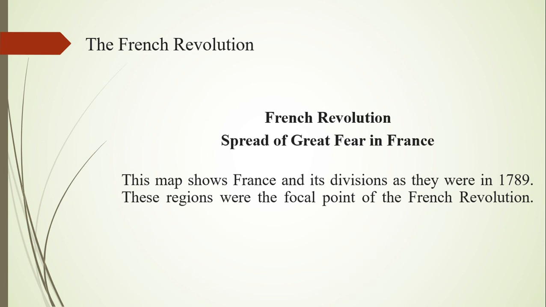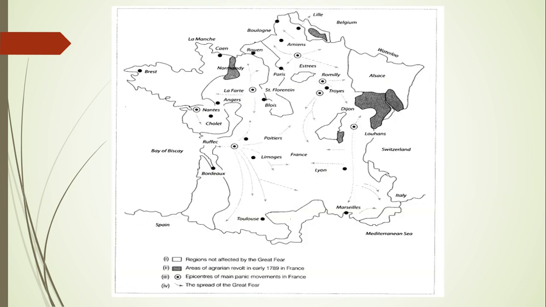The first topic is in the history, the French Revolution. The French Revolution and the spread of great fear in France. This map shows France and its division as they were in 1789. These regions were the focal point of the French Revolution. The places which are one of the most important that we must know about as per the CBSE syllabus,